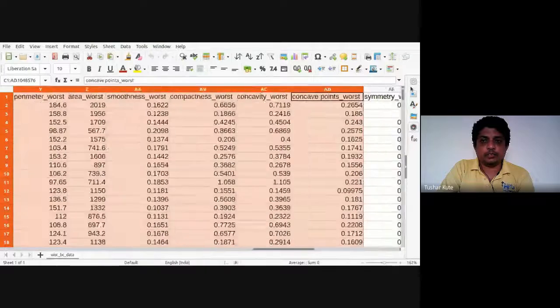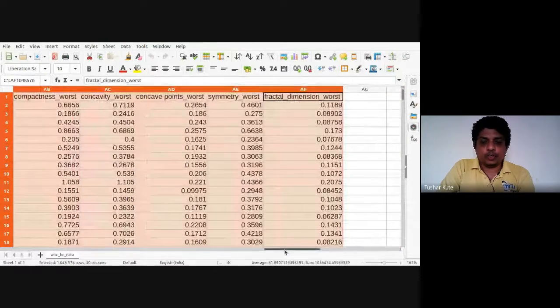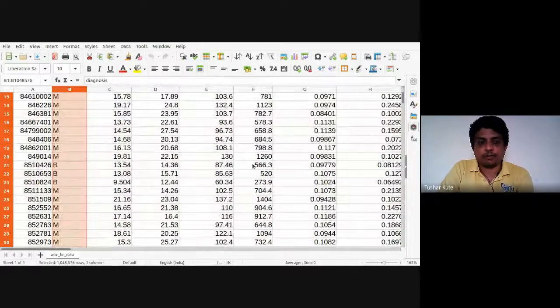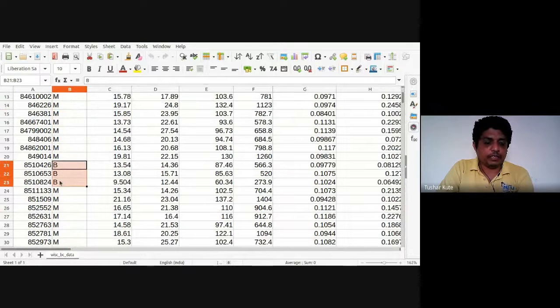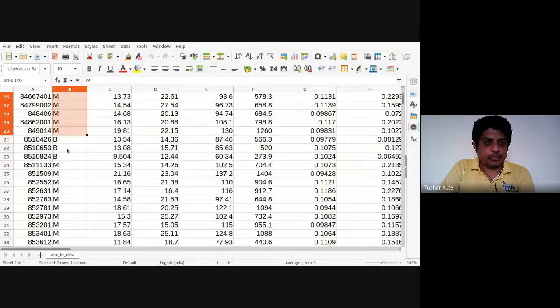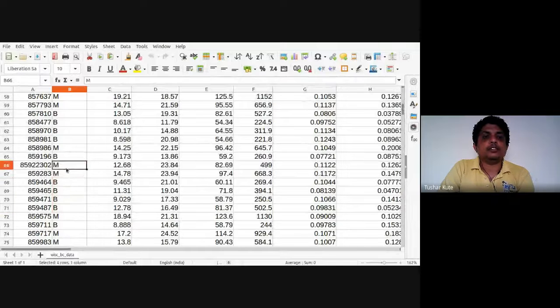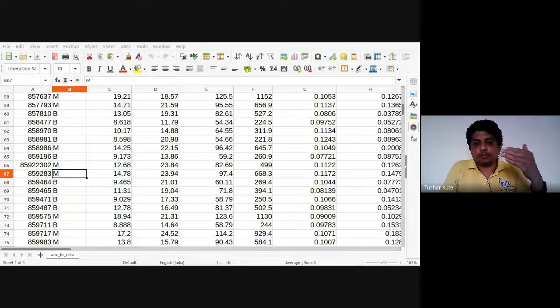30 input variables are there. So these are the features. Based on these features, we have to diagnose the particular patient. There are previously diagnosed patients, where M is malignant and B is benign. M means cancer detected, and B means not detected. Now we have to build a model such that when new data is given, it will predict whether the particular person has cancer or not. How accurate is it? We have to find that, and accordingly do the predictions.